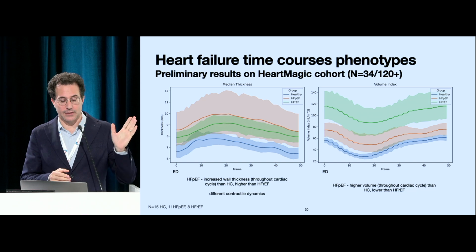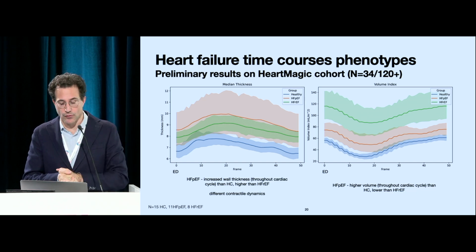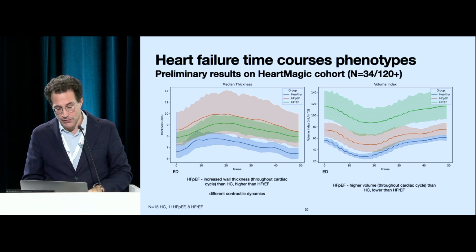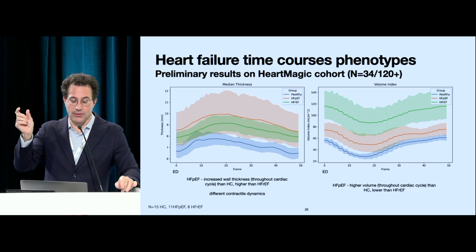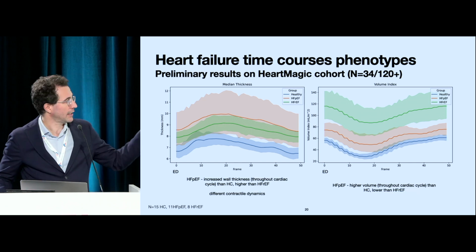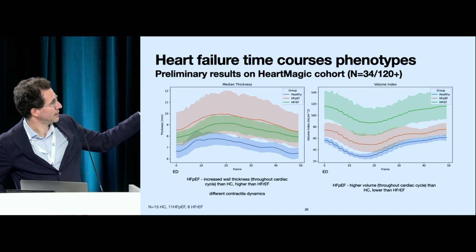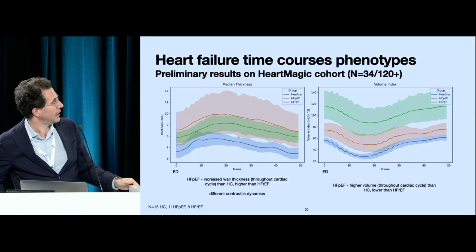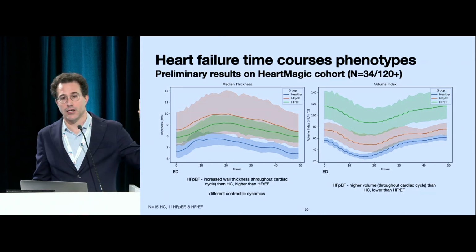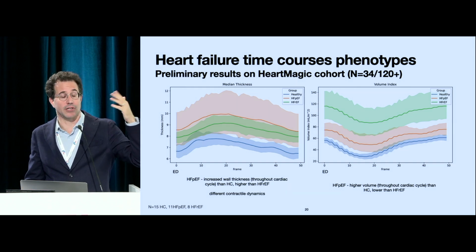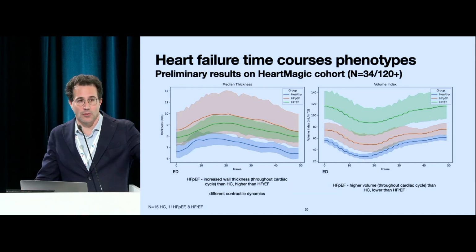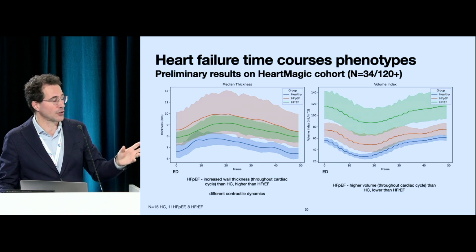On the left you have this thickness curve that we showed you before. And you have the clinical groups. So at the bottom you have the controls, and then HFrEF, and on top HFpEF. And so what you see clearly is that you have this increased thickness throughout the cardiac cycle. And you also see that the contractility dynamics are very different, right, between the healthy groups and the other two groups. So this gives us some hope that at least at the group level, we can do this distinction. That's a prerequisite. If you cannot even see difference at the group level, it's probably not likely that you will see difference at the subgroups.